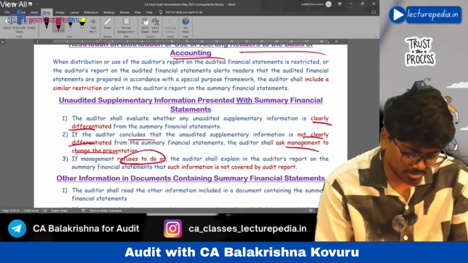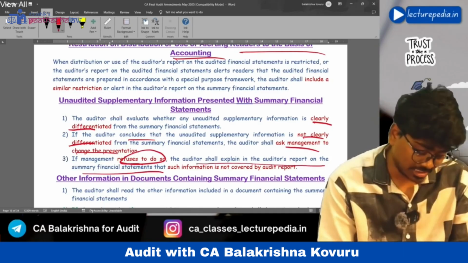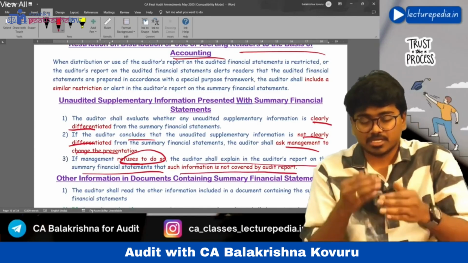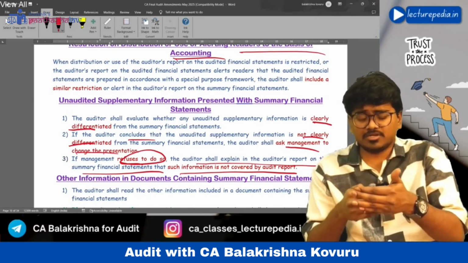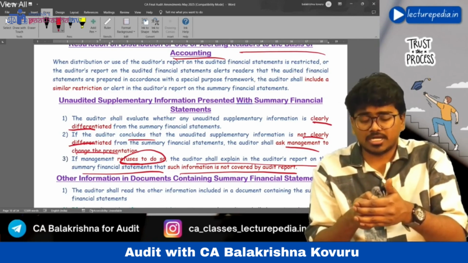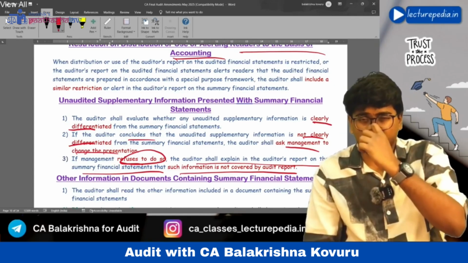If management refuses to do so, then the auditor shall explain in the audit report on summary financial statements that such information is not covered by the audit report. Generally, on the supplementary information, the auditor will not give his audit opinion. The auditor will give his audit opinion only on the financial statements.